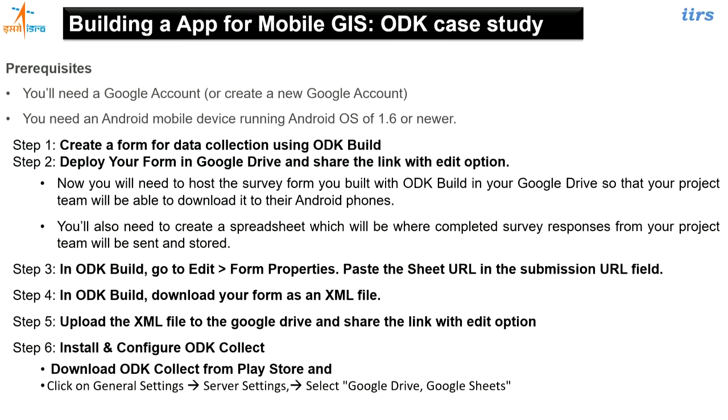So I have the three components: Build for creating the data collection form, Collect for collecting the data from the mobile. Once the data is collected, it is sent to the central server, that is ODK Aggregate. So these three components are there. Now the hitch is, where will this server component lie, the Aggregate.